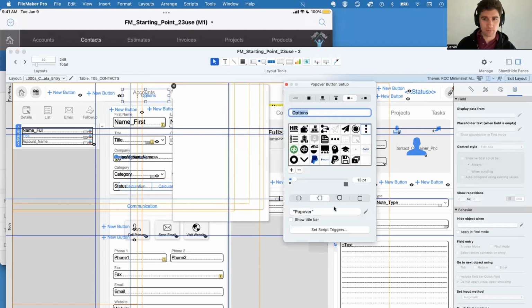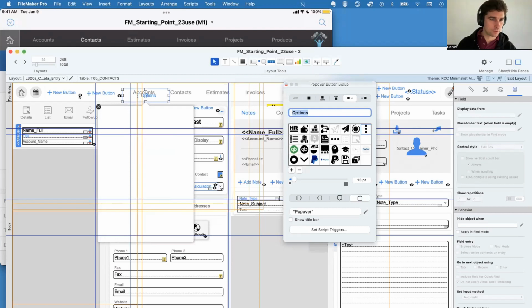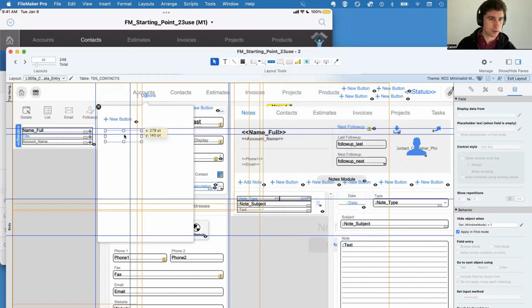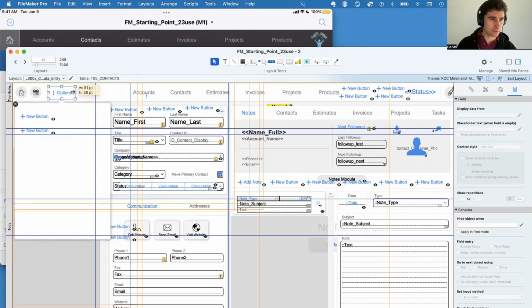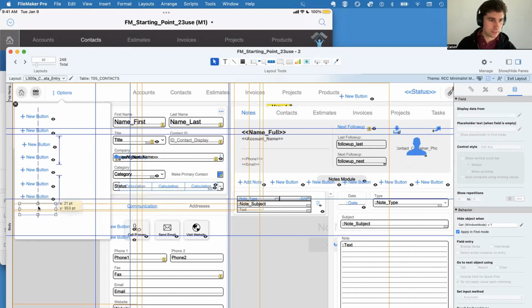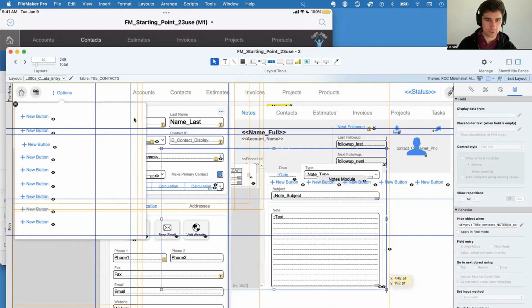And as people get more familiar with your design and using an options popover, they'll start looking for the options button on every layout, and they'll expect it to be there. So here, let's look at how much cleaner this is. It's going to be easier to find buttons now that they're all in one place. And it's going to be easier for people to figure out what to do instead of hunting and pecking all around the layout. And it's not against the rules to have two,